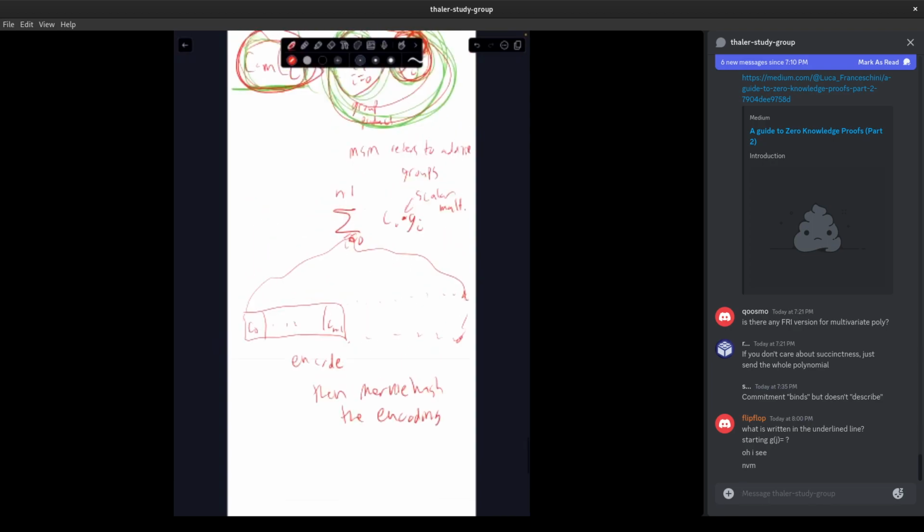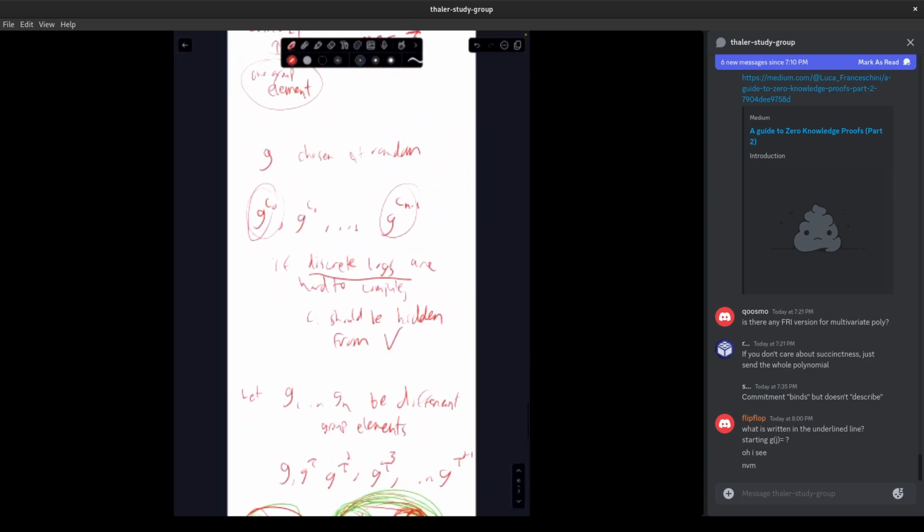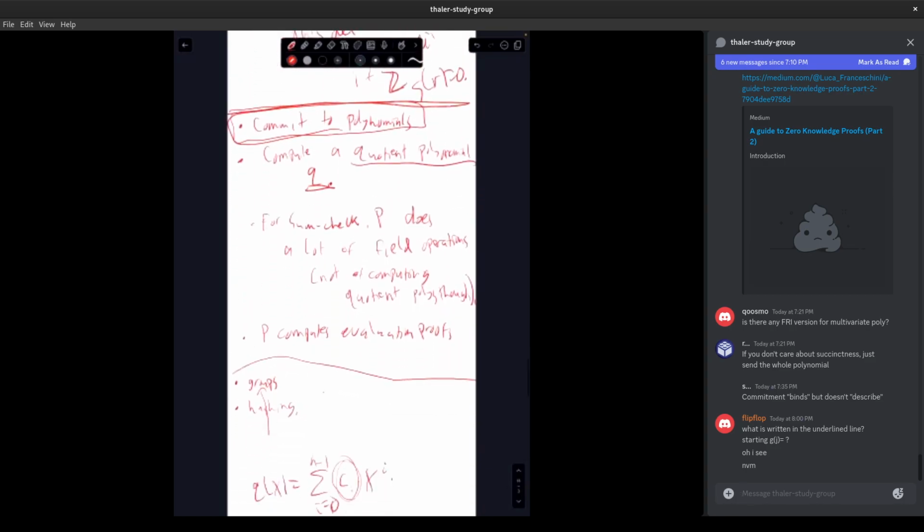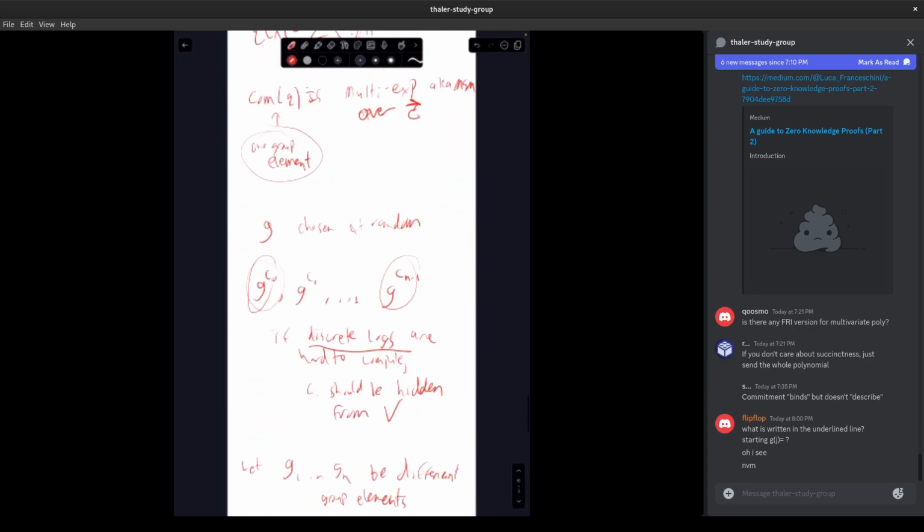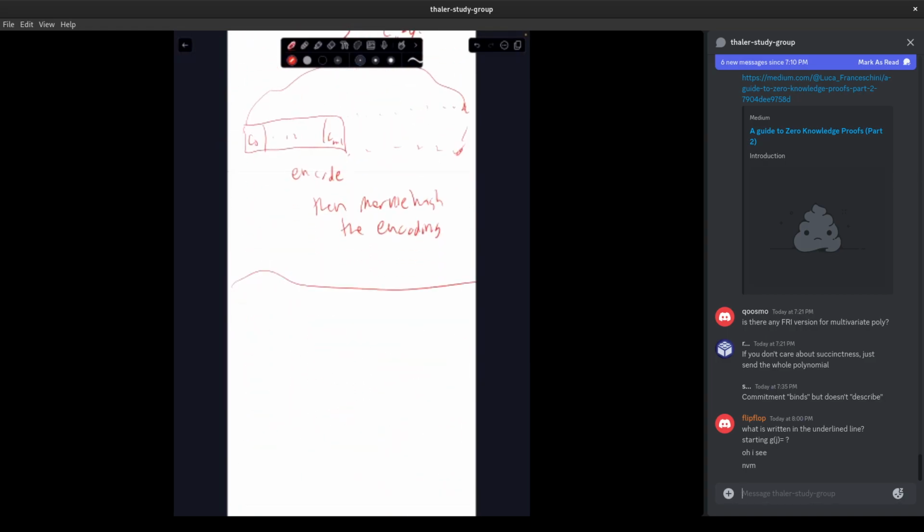Great. And then outside of the commitments, basically everything the prover does is field work. So it's field work to compute a quotient polynomial or some kind of composition polynomial, like of the form G composed with one of X from before. In the sum check protocol, the prover is doing, again, other field operations that don't look like quotients or compositions or whatever. And so this is everything the prover does, basically, is, depending on your commitment scheme, group ops,